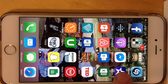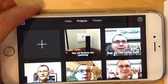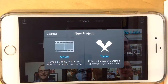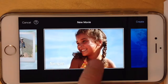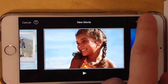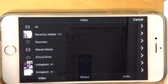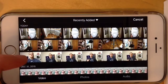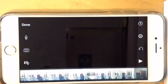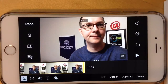iMovie is a free app with most new iOS devices you purchase these days, and it's really a pretty good full-featured editor for the iPhone. You can use it on the iPad as well. It gives you a little more screen real estate, but really I've been doing most of these just straight from the iPhone, and I can go in and I can select the first video for today right here and drop it in there right onto my platform. You can see I'm already a little bit ahead of